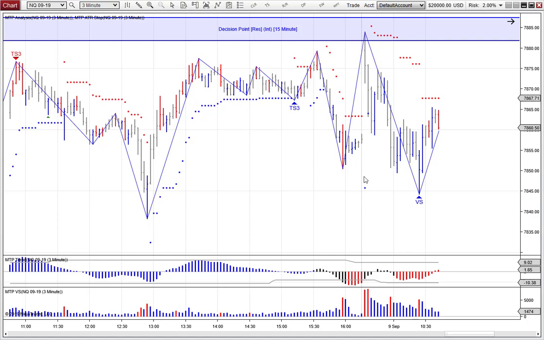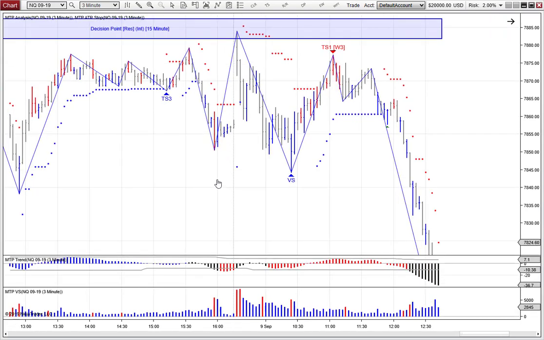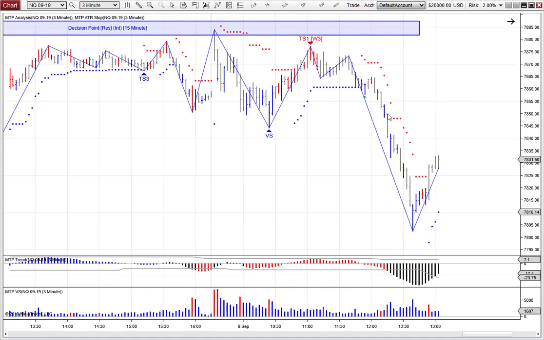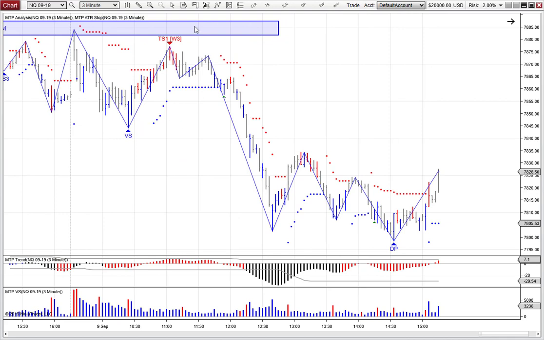So that was telling you the large degree trend was down. But compare that and how different that looks compared to the ES, because here we had a corrective rally coming up and this time we had an actual sell setup unfold. So here you see this was actually a good looking sell setup because it was in the direction of the large degree trend. Our MTP trend was red, we're coming down off resistance, but more importantly the higher time frame